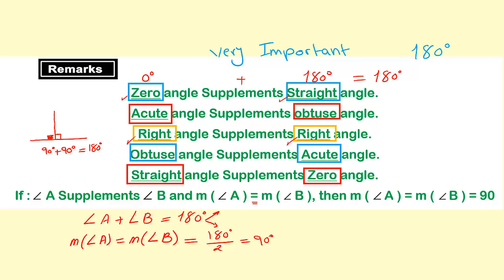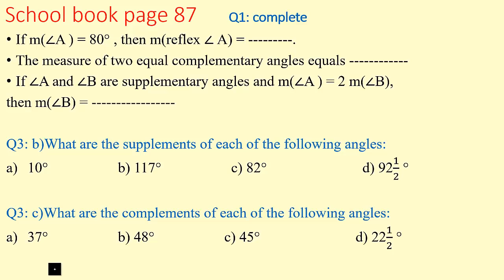So when he tells me that I have two supplementary angles and those two angles are equal, then the measure of each one of them is equal to 90 degrees. Let's go now to solve some examples on what you have just explained. I would like you all to please open your school book, page 87, write today's date, and let's begin with